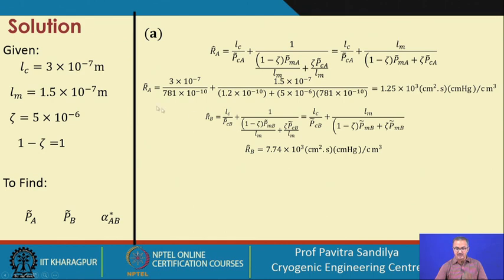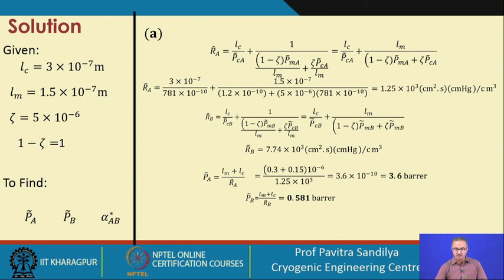This is component A and this component B, that is oxygen and nitrogen, and here we have the values of these permeances from these resistance values, and this is the value for oxygen, this for nitrogen. So that is how we find the permeabilities of these two components from the given data. And what we find here is that oxygen is passing at a much higher rate than nitrogen by looking at this data.